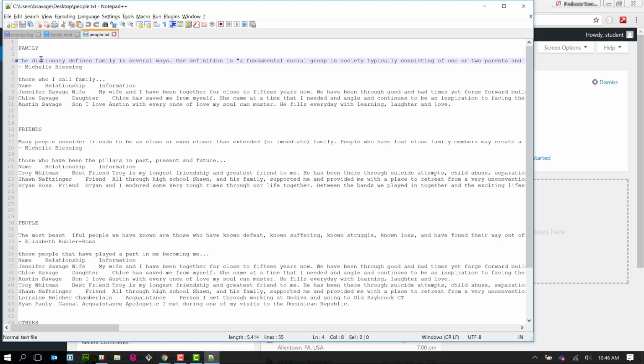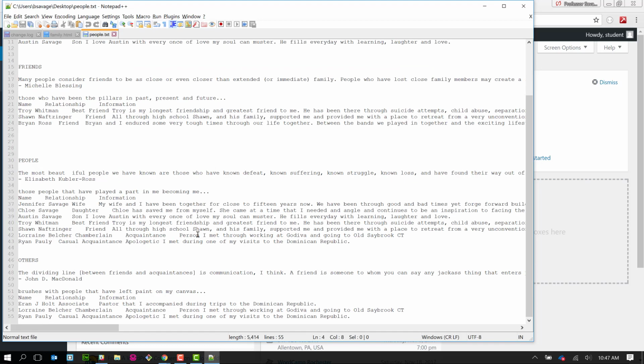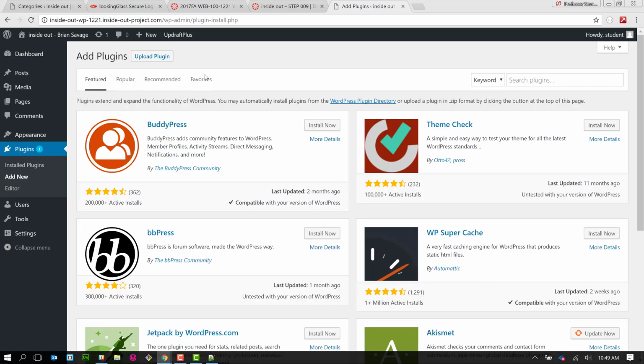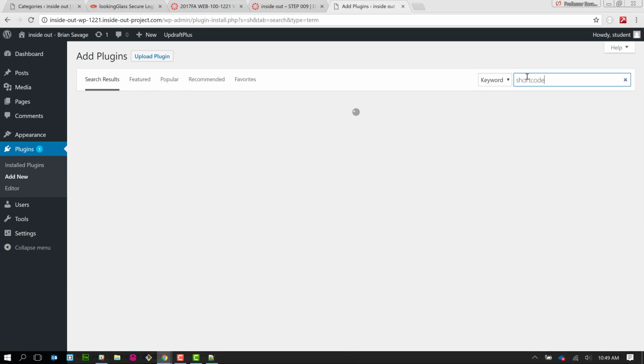As I said, it's very important to go ahead and get this information prepared so that you do not have to do it while you're completing the layout. So with that said, we'll go ahead and start preparing ourselves to put data into our page. And the way that we want to do that is we're going to go out and install a plugin. And what that plugin is going to be called is